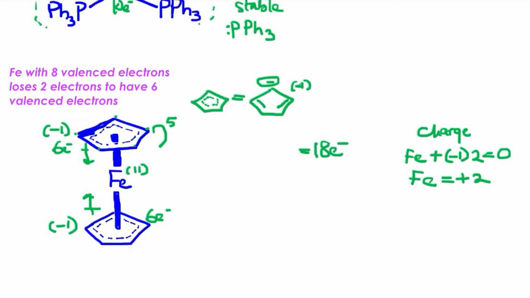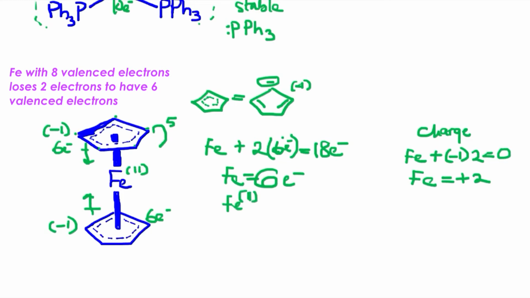Since we have 6 electrons being donated from each ligand, so times 2 of the 6 electrons, and how much iron has needs to be determined. 18 minus 12 gives us 6. So iron contains 6 electrons, specifically iron 2+, and this iron 2+ is in the d orbitals,